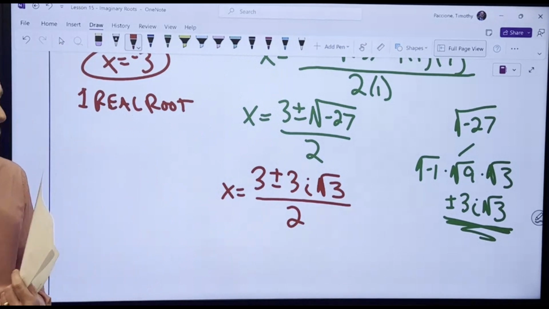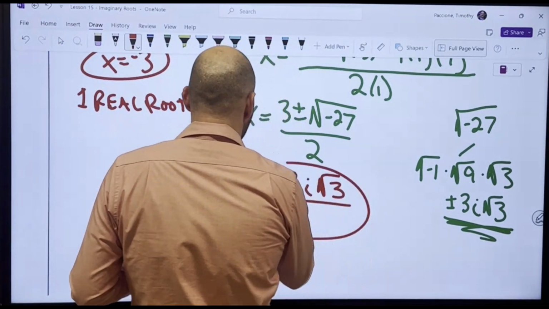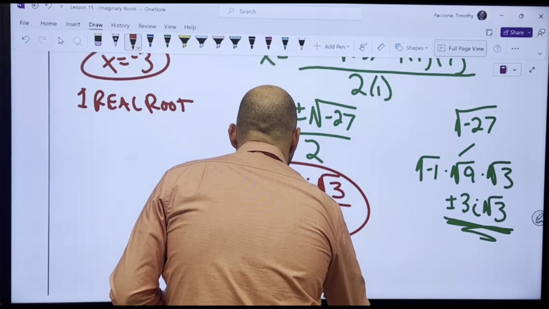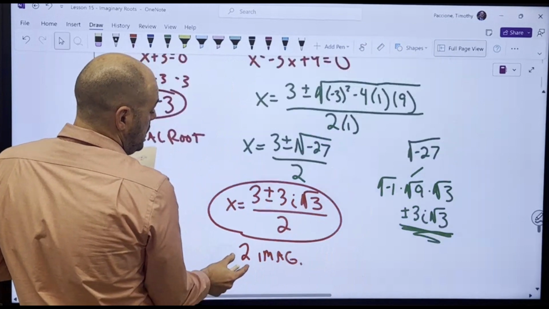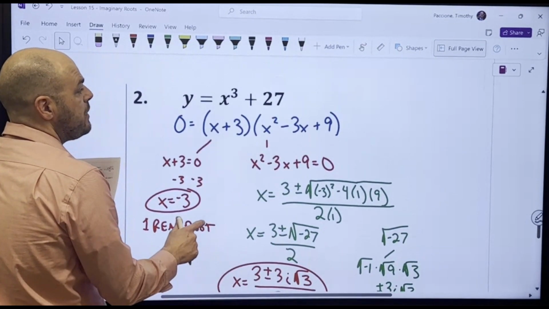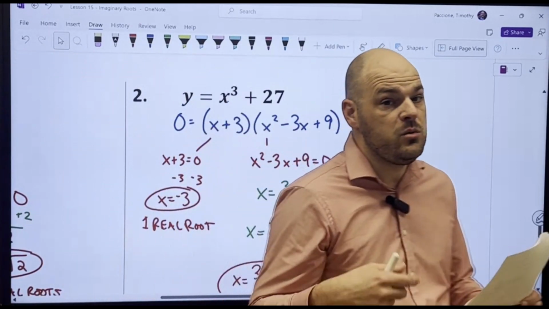Okay? So there are your two imaginary roots, and that's a good amount because it's even. Okay? And two imaginary, one real, that's 3 total. We started out with a cubic function, so that makes sense too. And then if you wanted to, you could